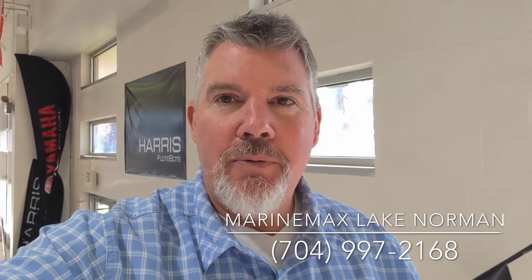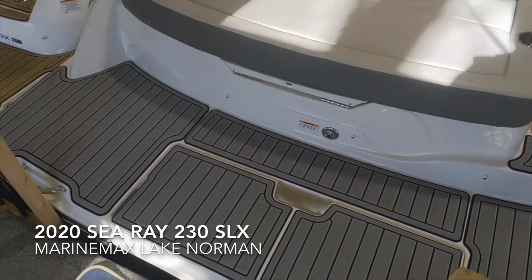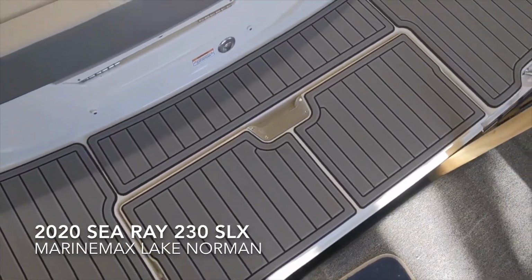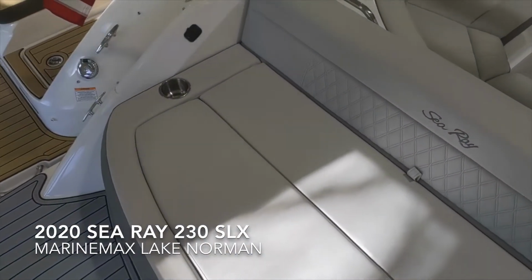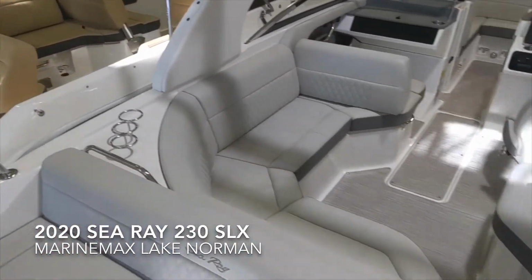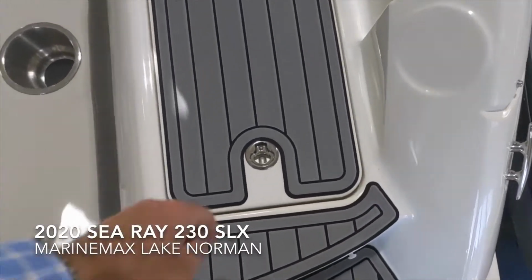704-997-2168. Today we're going to look at a 2020 230 SLX by Sea Ray. This 230 SLX has got SeaDeck on the swim deck, has a flip down swim platform, rear seat, cup holders, got a flagpole base, has a cooler underneath this lid,